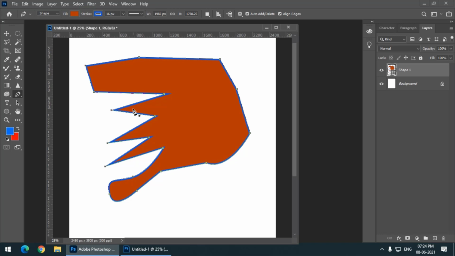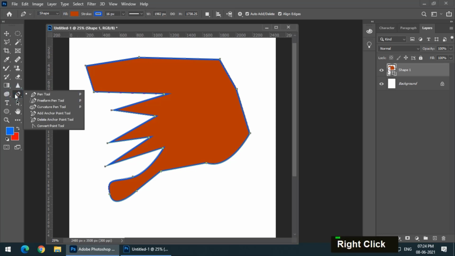This is not a shape that we can name. This is a random shape, abstract shape. But what if I want to edit this shape? So we can use multiple options or multiple tools which are present in this group. So the first tool is, we are going to look at these two tools afterwards. First, these two tools, add anchor points.